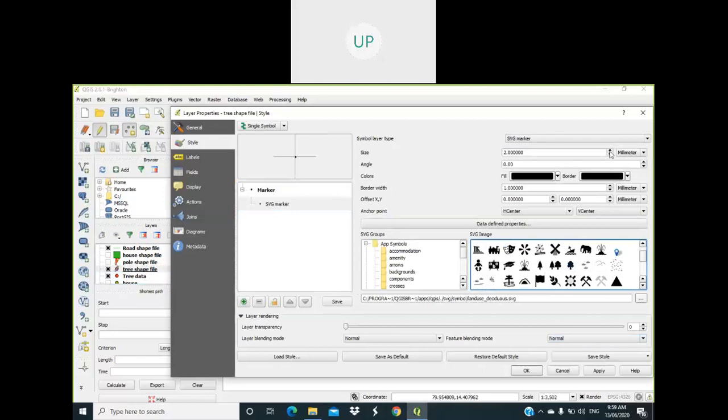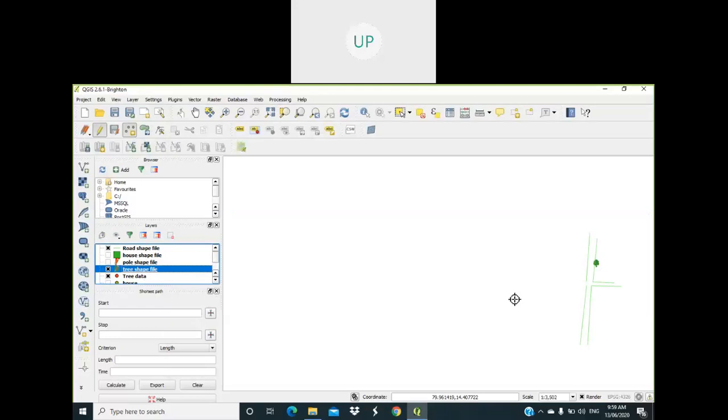Here you can see the size is very small, so we can increase the size here. You can change the color also. Next, house points.